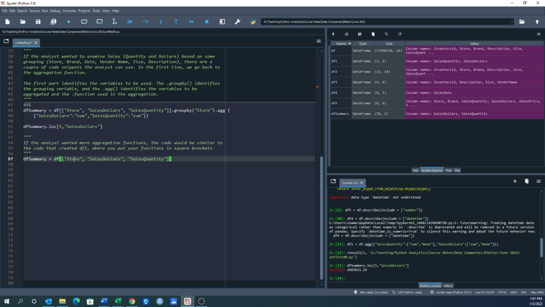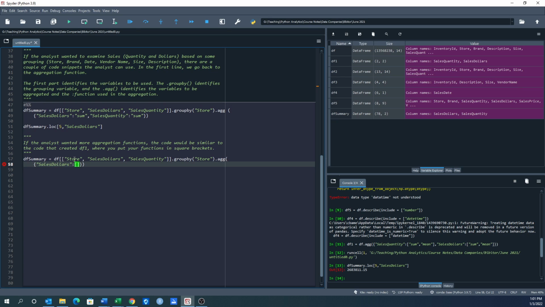Okay, and we're going to group by store, and we're going to aggregate, okay, and then we put our squiggly brackets in there, and we're going to aggregate sales dollars,